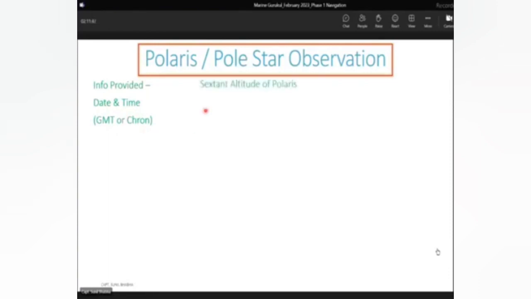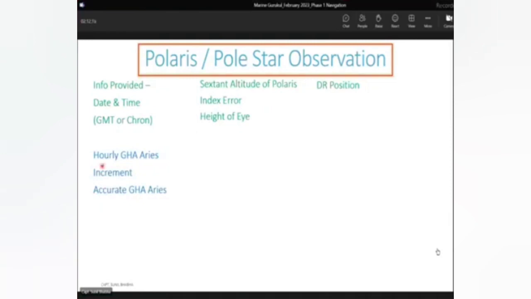Second information which is given is the sextant altitude of Polaris, the index error of the sextant, and the height of eye required for dip correction. Along with this, the DR position of the ship is also given. Now the first step which we follow is we find out the GHA value, GHA Aries value